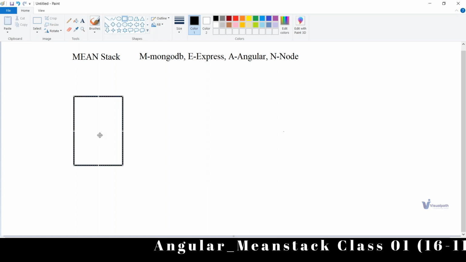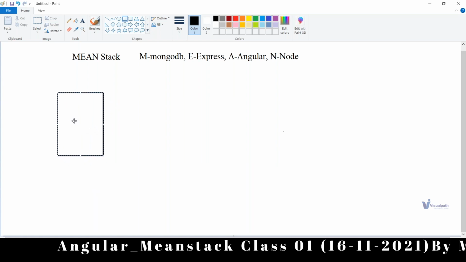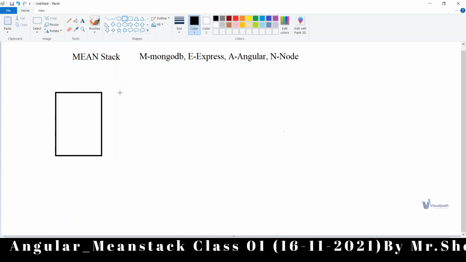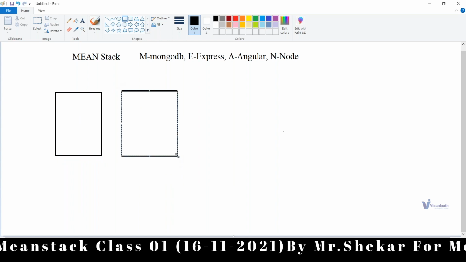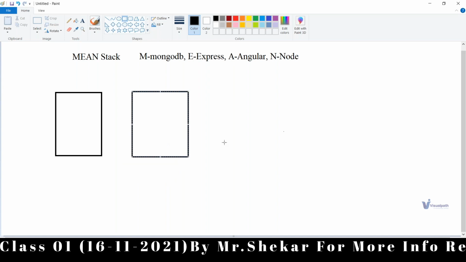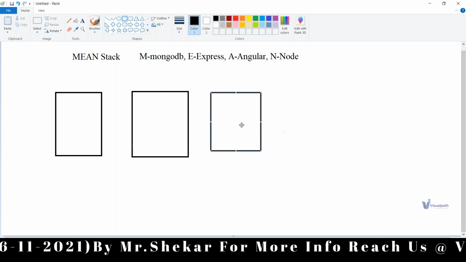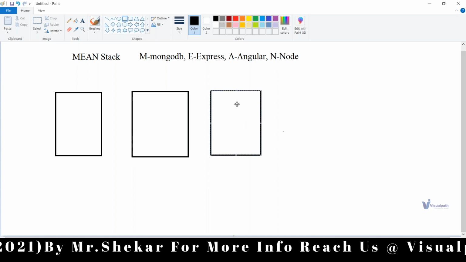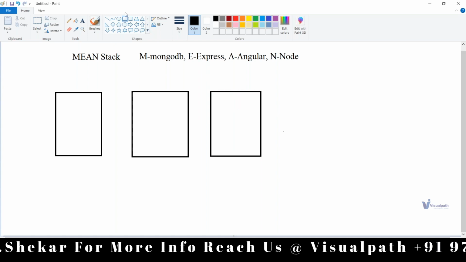The first one is the presentation layer, followed by a business layer, or we call it an application layer, and the last one is called a persistence layer, or we call it a database layer.